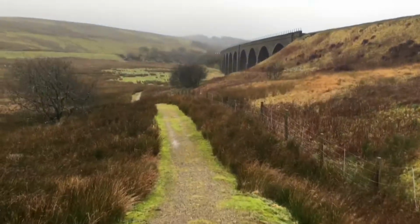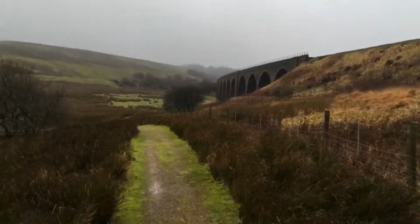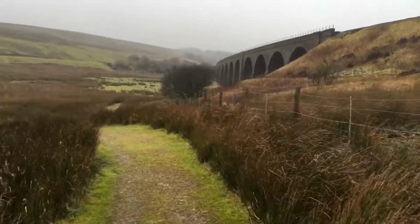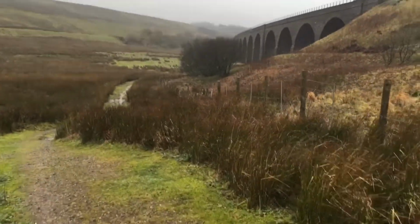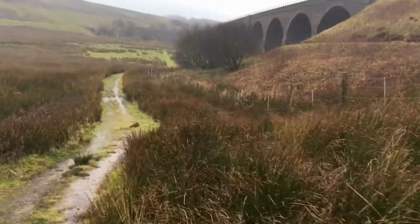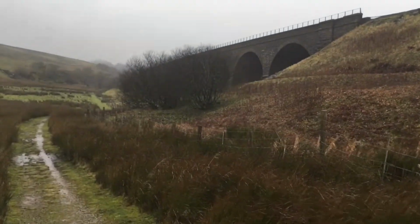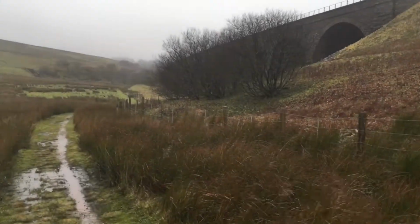Right, we're on the eastern side of the railway. And this is Dandrymire Viaduct now, all 12 arches of it. Not quite as impressive as Ribblehead, but still quite pleasing to the eye. As I say, it was planned to be just an embankment here, but they built this viaduct because of the bog. It is pretty boggy around here, but maybe not quite as bad as it used to be 100 and odd years ago, but it's a great structure. And in this area, obviously the weather wouldn't have been playing ball every day, far from it. It's been a rather arduous task to build it, same as Ribblehead and all the other viaducts and